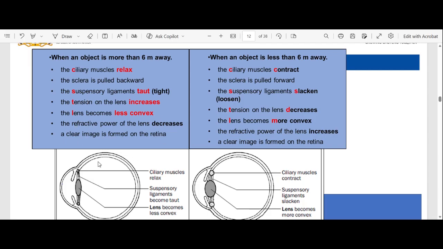Okay. Then a clear image will be formed where? On your retina, because this is where an image is formed, right? Okay, now let's go to an object that is less than